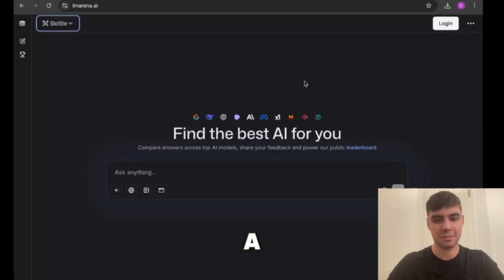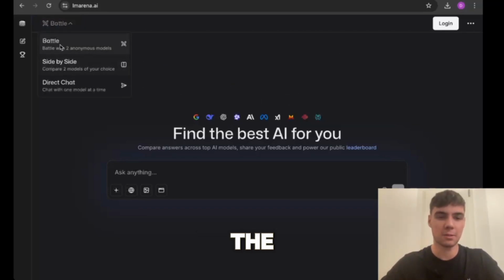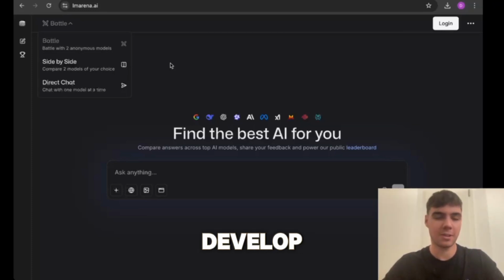First of all, this is not a fraud. The only reason they made it free is because they need to test their AI and rank it on a scale against each other. This is why they created this website called LMArena, where you can compare models in battle, side by side, and direct chat, and give feedback to the large language models such as Anthropic, OpenAI, or Gemini. With this feedback, they can further develop their models and rank them on a scale of 0 to